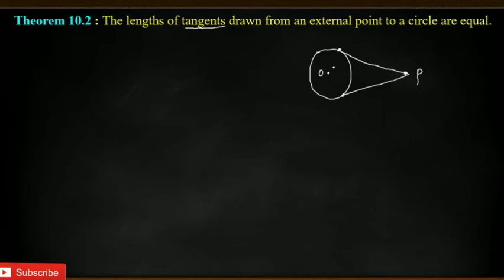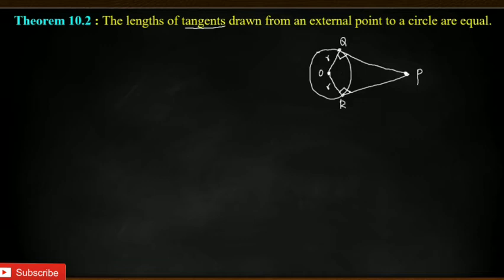Okay, children. So I'm taking P here, and Q and R as the points of contact. The tangents PQ and PR from the external point to the circle are equal. So what we have to say is that PQ length and PR length are equal. These are two tangents, and the two tangents are equal in length. Now we know Q to O is a radius, and O to R is also a radius. Understand, children? Another thing we know is that the radius is always at 90 degrees to the tangent at the point of contact.